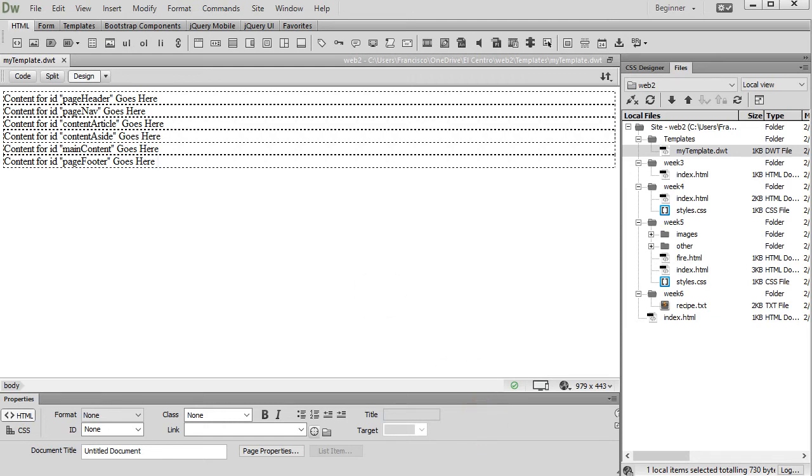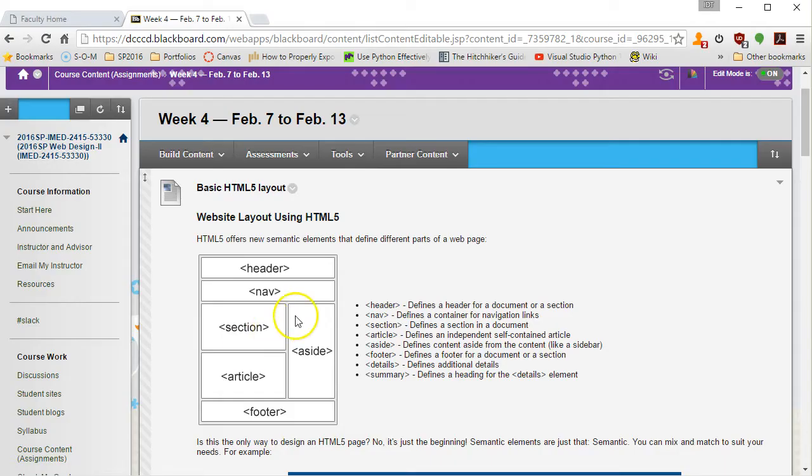Now that the basic HTML layout has been created, I can start to style the page and give this particular layout a look more consistent with our website layout using HTML5 design as found in w3schools.com. I know that we're going to have a header and a navigation. Like I said, we have the section that contains an article and an aside, and the footer. Our final page is going to look something like this, except that the section will encompass just the article and